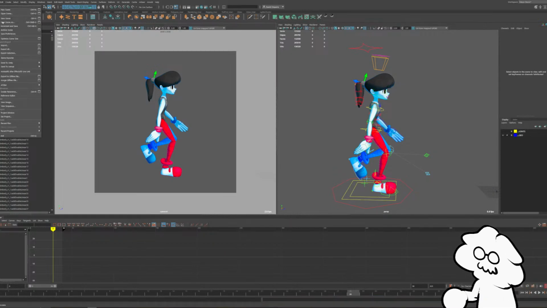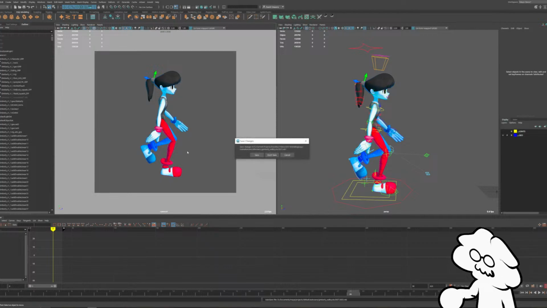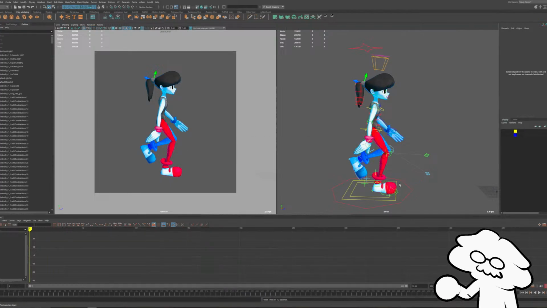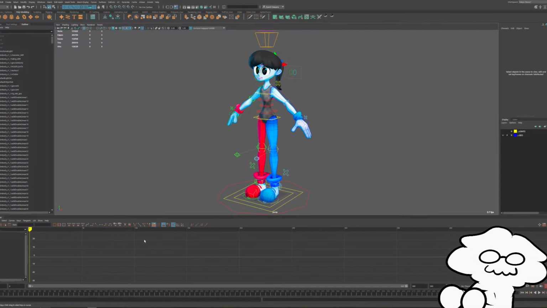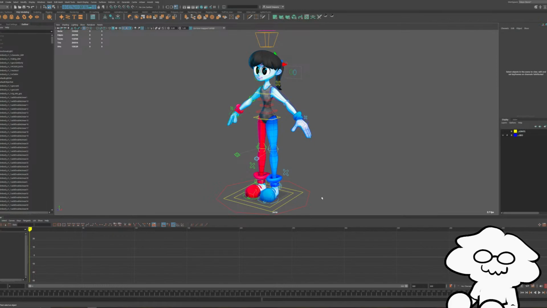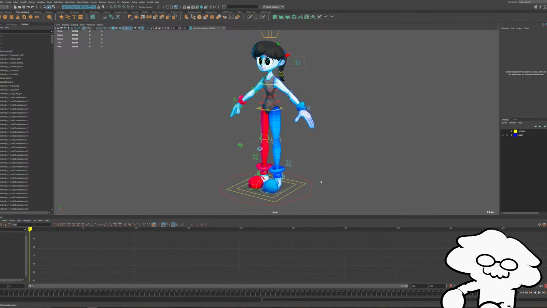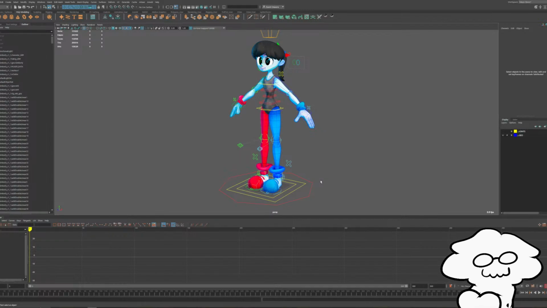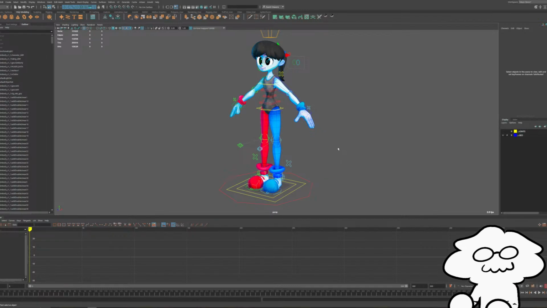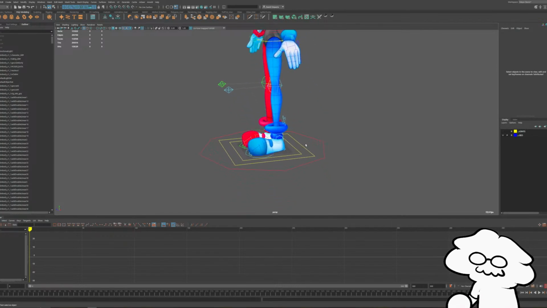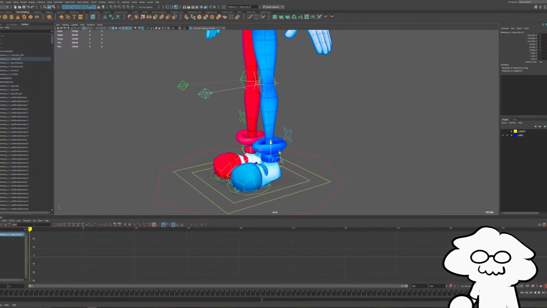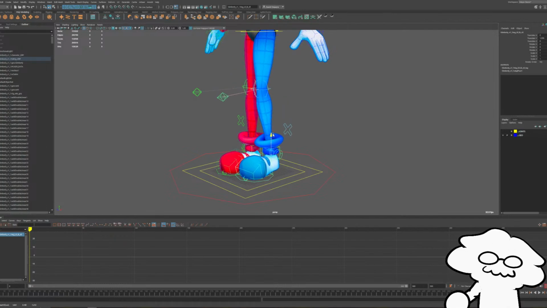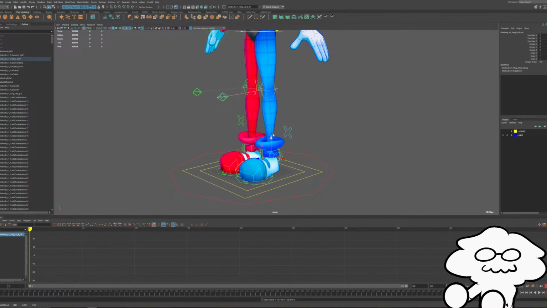So let's load up the Gimberly rig by itself. And we'll take a look at that. So this is the basic Gimberly rig. I'm not going to get into the specifics, but it generally represents what your average rig looks like. If you are looking for a rig to do something like this, and you're looking for specific kinds of controls, you would just need to look for IK legs, as you would expect. You have one control for each of the legs, and when you move it up and down, you can control the position of it, and the rest of the leg moves to match it, right?